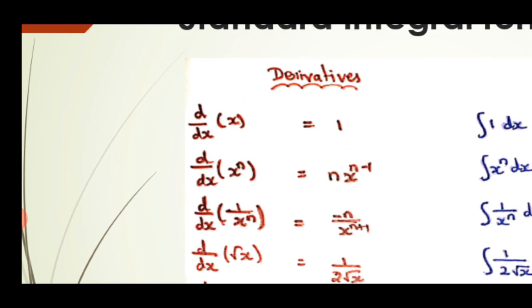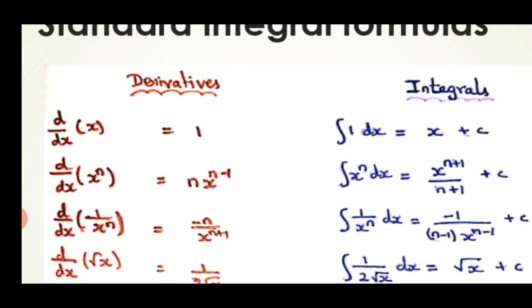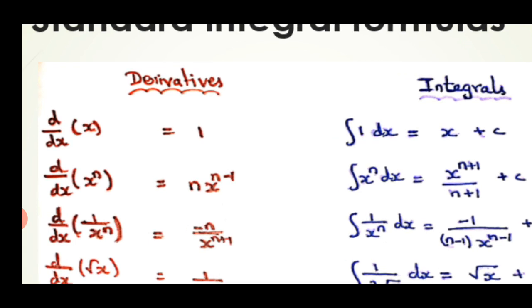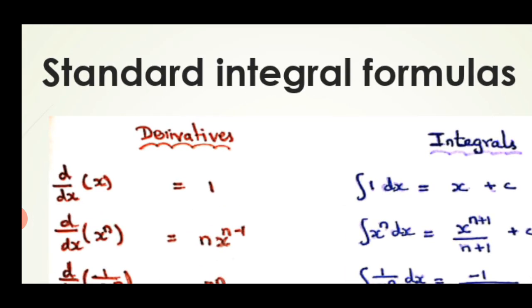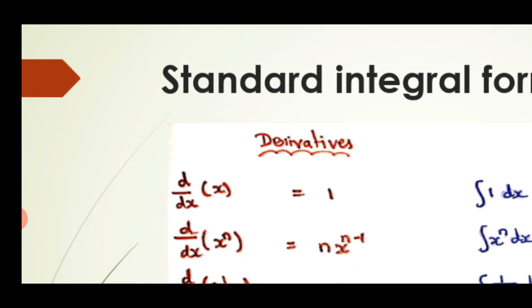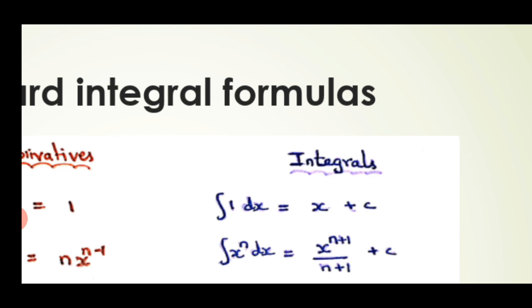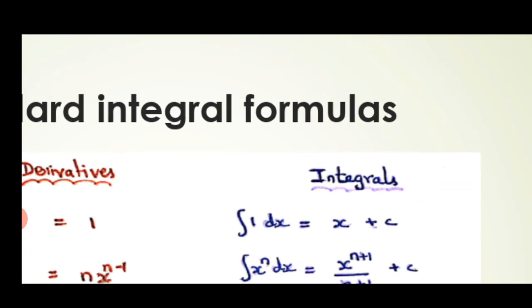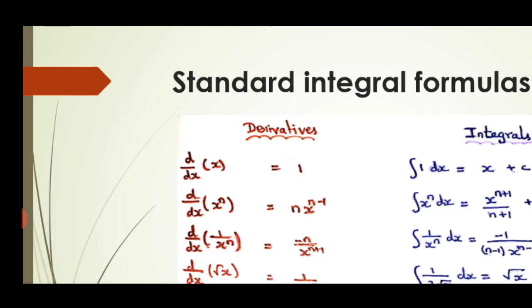So in integration, what is the process? We will integrate the derived function. So the integral, the long symbol, integral. What is the derived function answer here in the first formula? 1. That 1 you have to put here. So 1 into dx is equal to, what will be the answer? The primitive function, which here is x. When you integrate 1, the dx is compulsory, that is there to represent the variable, so we put dx. So integral 1 into dx is equal to x. The plus c is called the integrating constant, that must be put in that place for all the types.